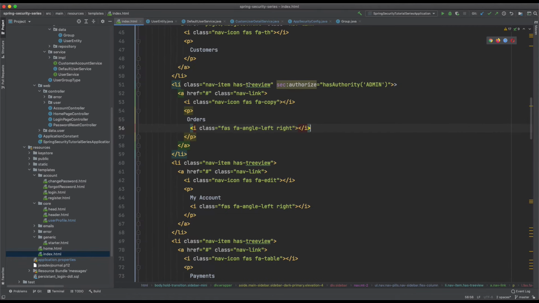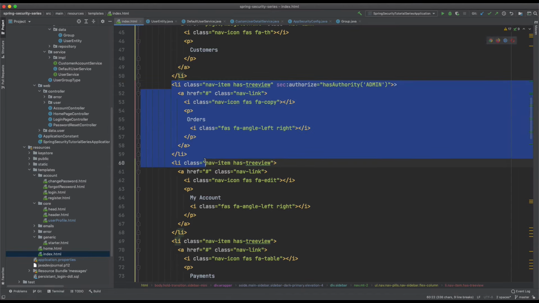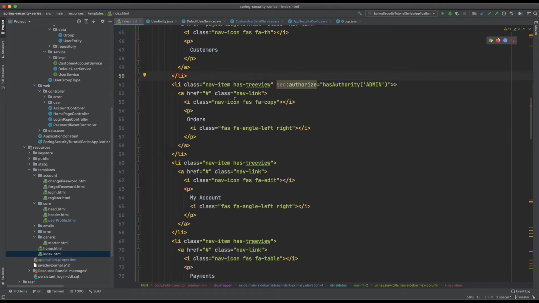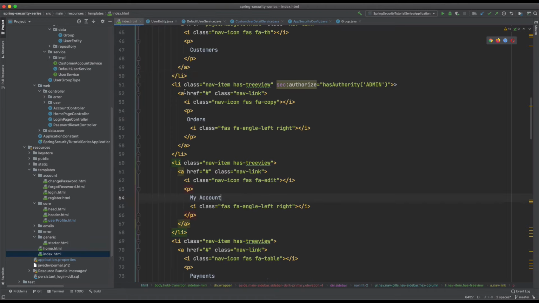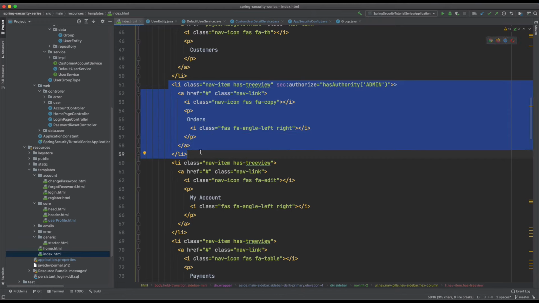So we have already talked about Spring Security tags, right? If you see in this one, what I'm doing is telling Spring Security that for this section, if the user carries an admin authority, this section is only applicable to admin. So even if I'm logged in, if I go to this specific page with a customer authority, I won't be seeing this section, and we will see that once we get into the demo.